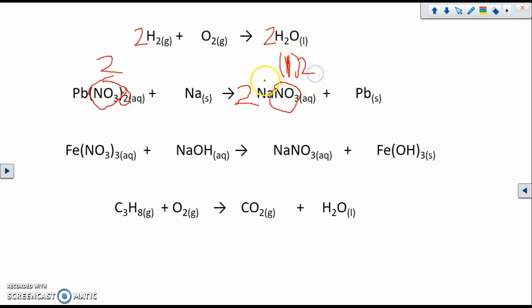Okay. But now what happens to our sodium, folks? Now we have 2 sodiums. And as you can see, there's only 1 sodium here. So we're going to put a 2 in front. So the balanced chemical reaction,